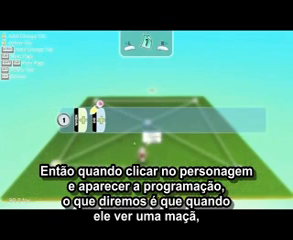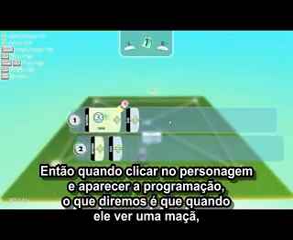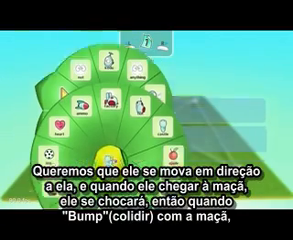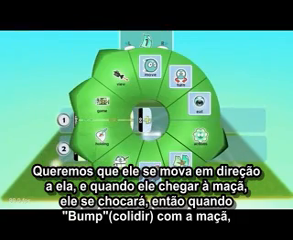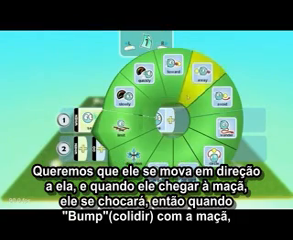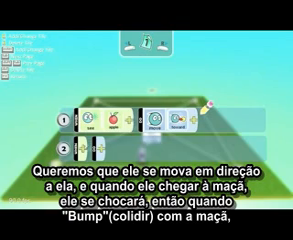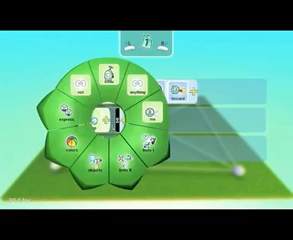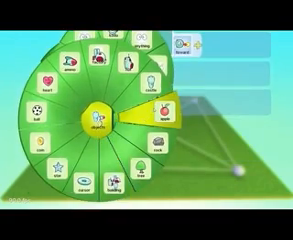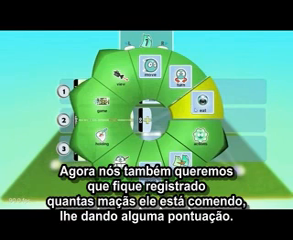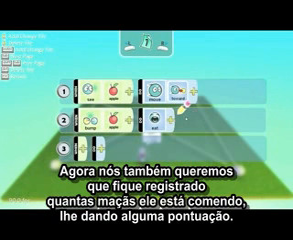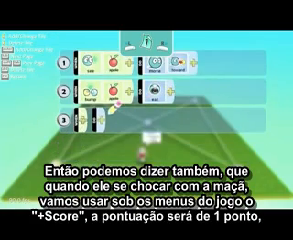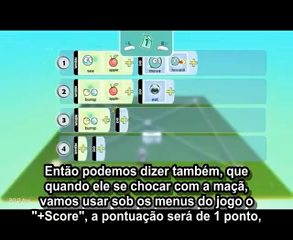So, right click on the character, bring into programming. What we want to say is when he sees an apple, we want him to move toward it, and when he gets to the apple he's going to bump into it, so when he bumps into the apple we want him to eat it. Now we also want a way to keep track of how many apples he's eaten and give him some score. So we can also say, well, when he bumps into the apple,